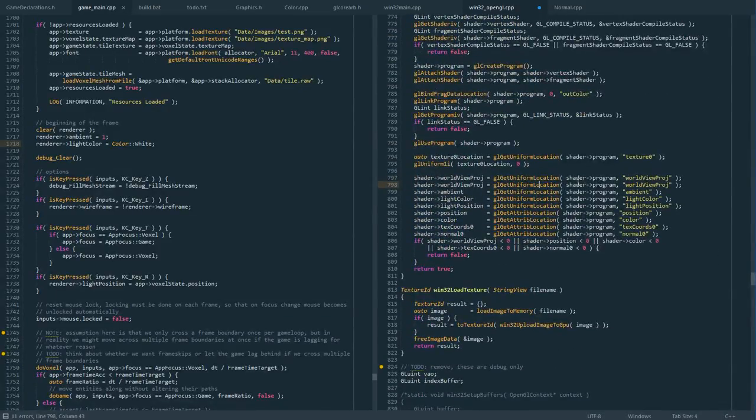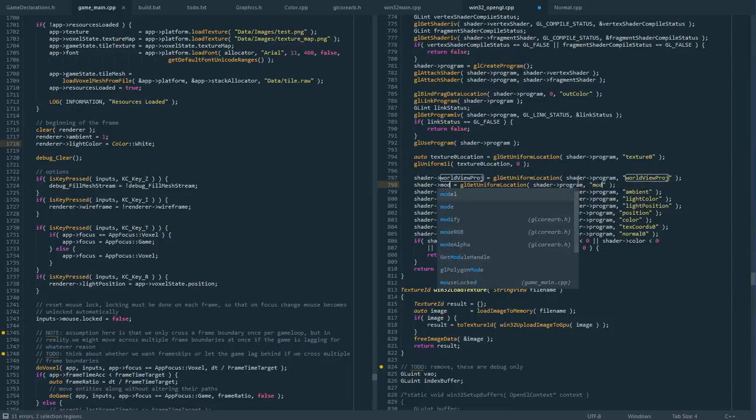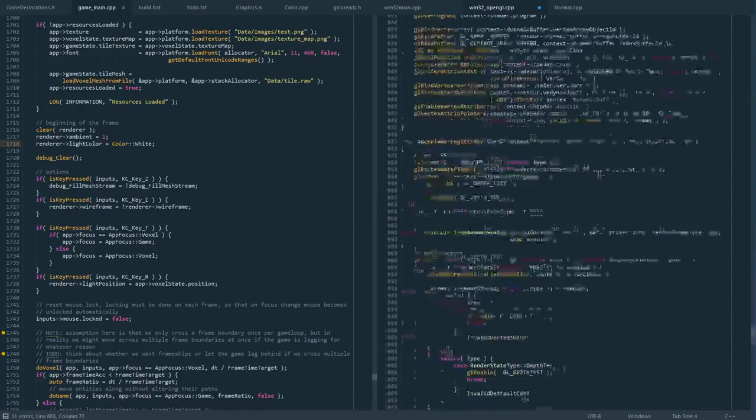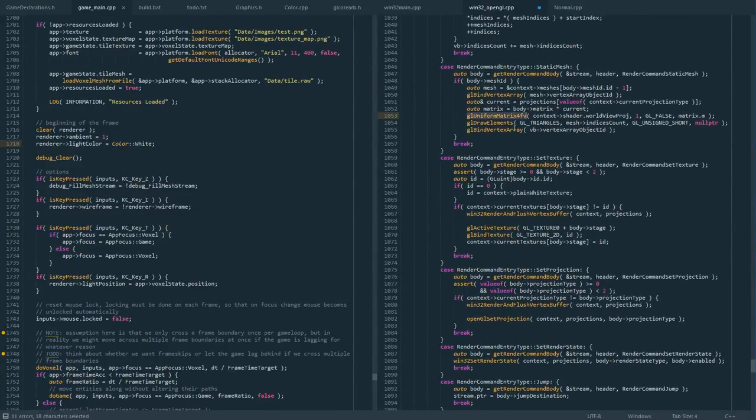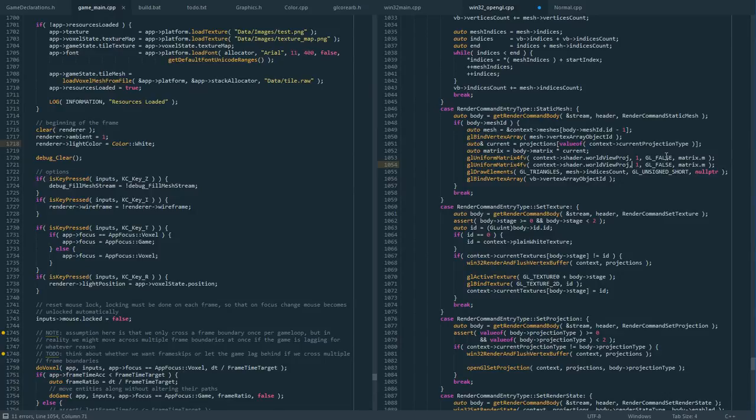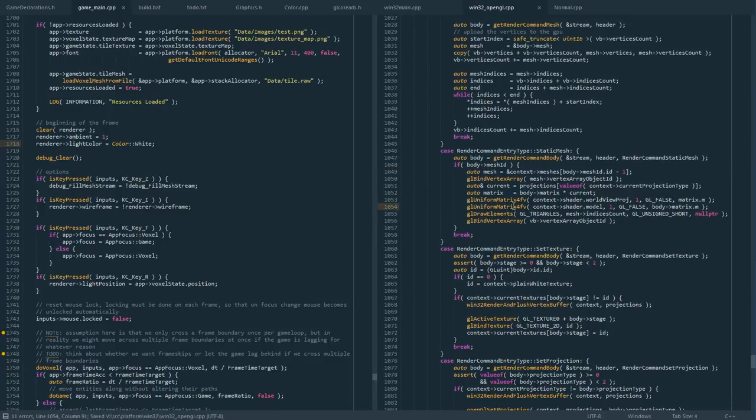And get the uniform location. Then when rendering the models, we need to upload the right matrix. Like this, and then